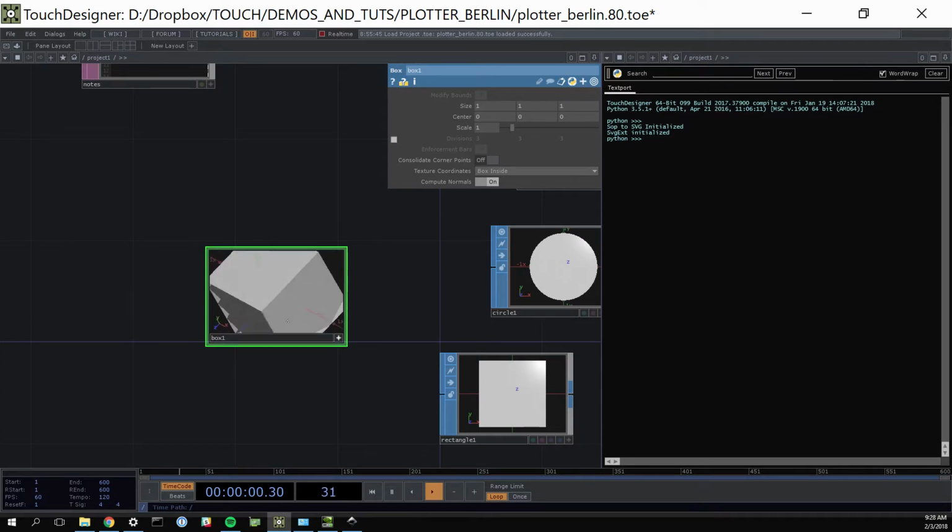So if I tumble this, you can see that I'm getting an orthographic view. That means I don't have a perspective on this, right? This is what SOP to SVG gives you. It gives you SOP space, and by SOP space I mean not world space. This is model space, so it's specific to the origin and the transform of this SOP context, wherever I end up connecting to SOP to SVG, and I'll show you that in a second, just so this isn't